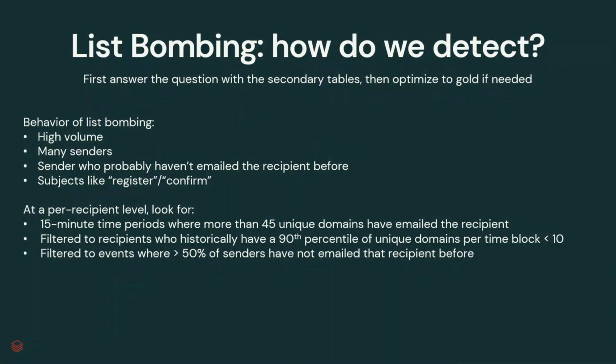So thinking back to the attack, there's a few attributes in the attack that the attacker cannot control. They have to be sending a high volume, and they have to be sending from a number of different automated systems. If they don't do either of these things, it kind of defeats the purpose of the attack. If you recall from some of those subject lines where they had gibberish names, like if a web form takes a name as well as an email address,